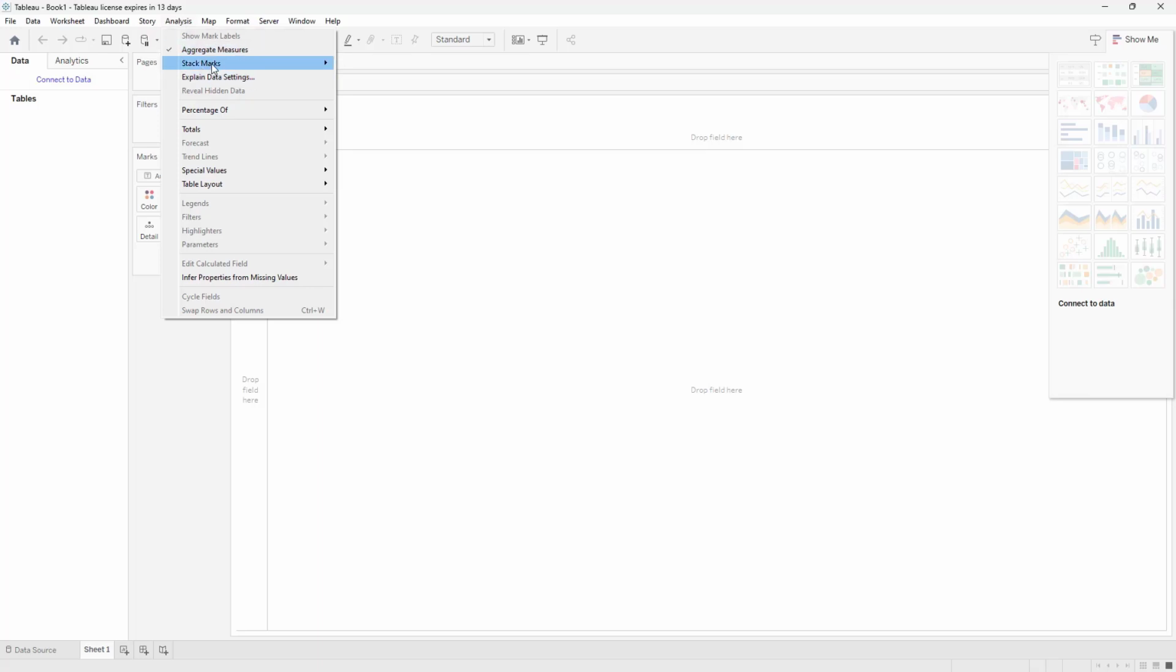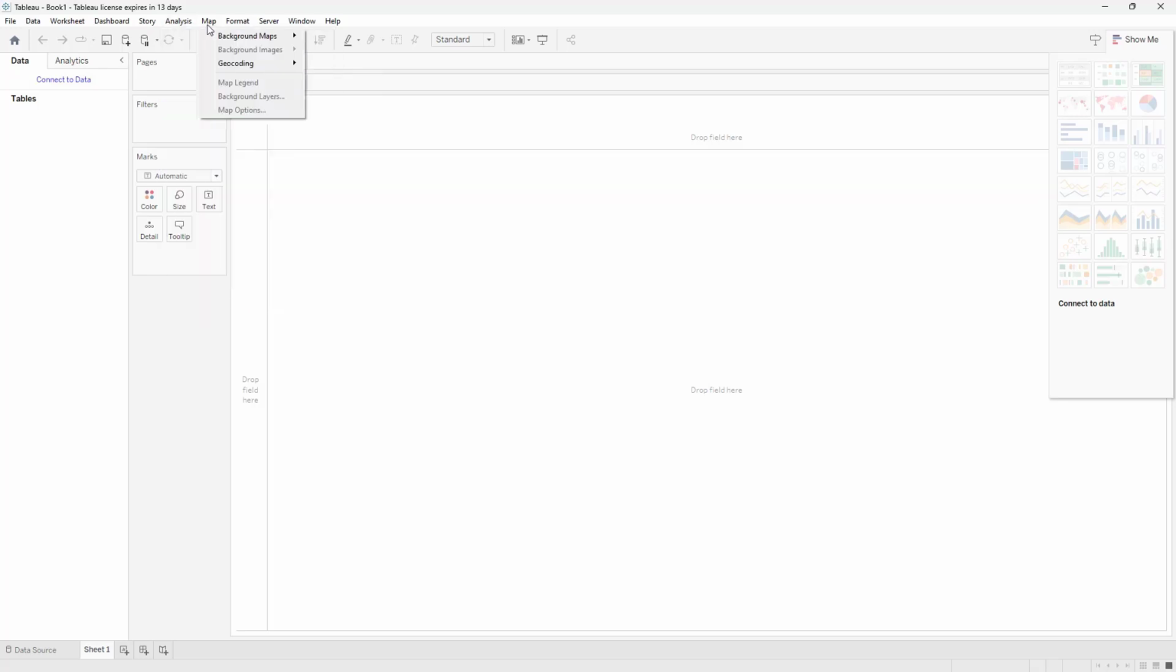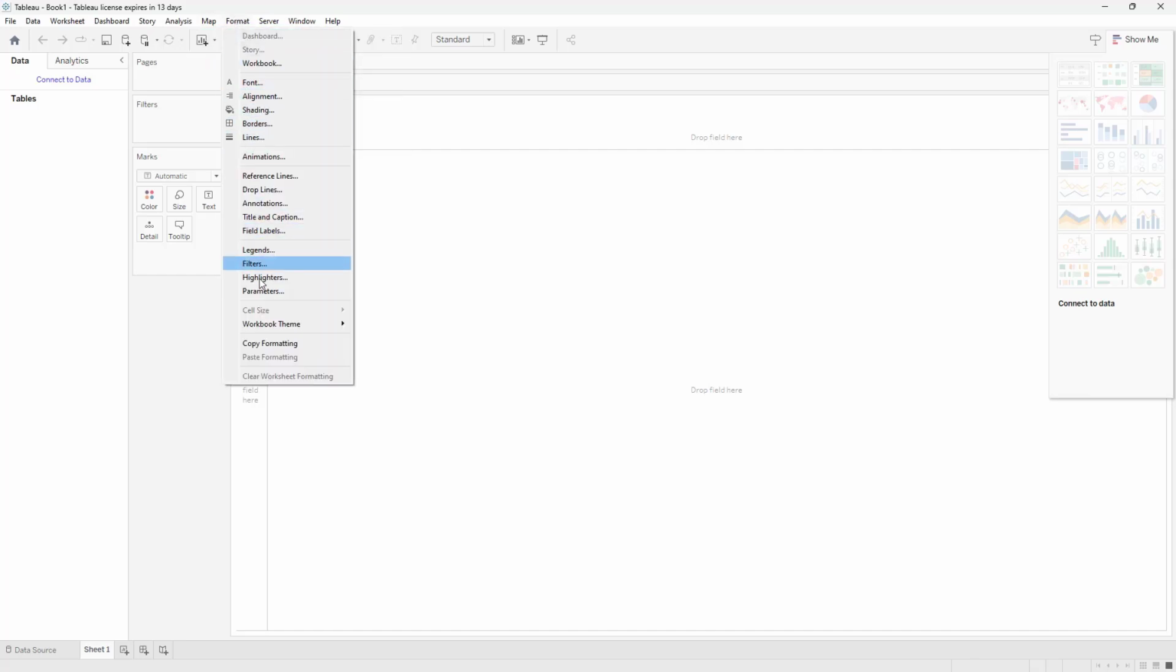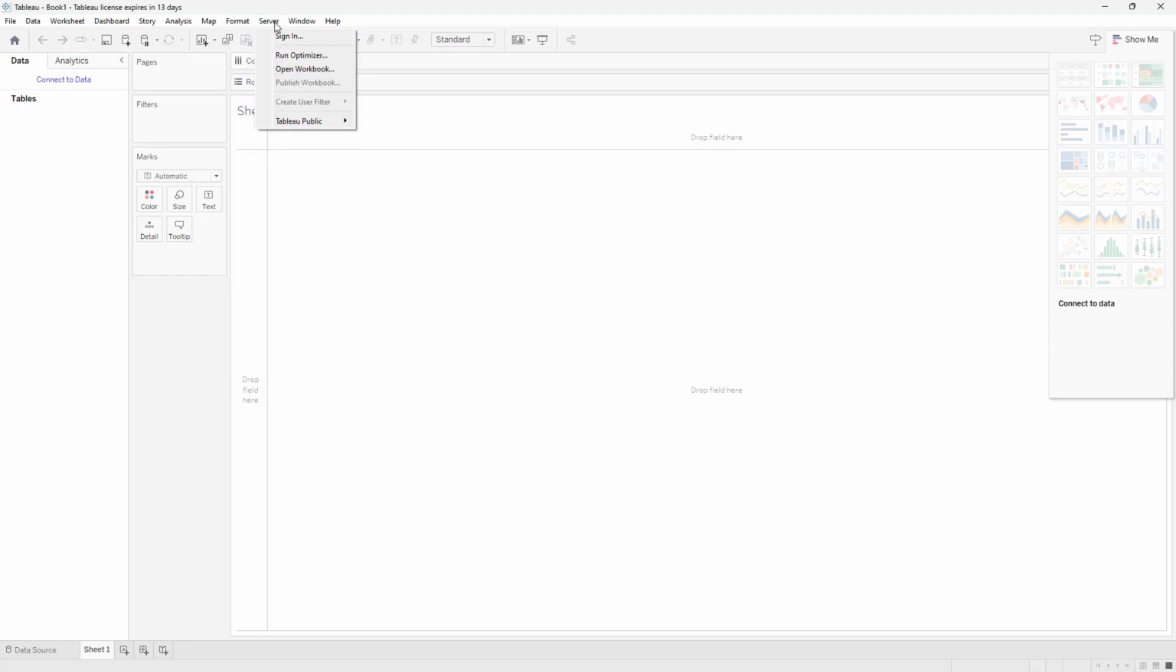Analysis, you can see where you are able to do your aggregate measures and a few other types of analysis measures. This is where we bring in the type of map that we want to use and the background map options, as you can see here. Formatting, of course, we want to be able to format the sheet the way we want. The server is if you're signed into Tableau server. Window is how we want this window that we're looking at. You can see there's a presentation mode by pressing F7, similar to what you would see in PowerPoint. And then